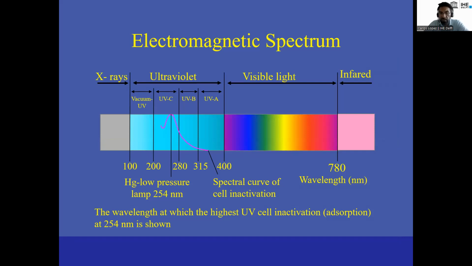Well, when we have the UV light, it is located in this range. So here we can see the UV spectrum. This is the visible light, the light that we can see with the bare eye, different tonalities. Here we have a wavelength of between 400 and 780. Then we have the infrared, and below the visible light, we have the ultraviolet. This ultraviolet goes from 100 to 400 nanometers